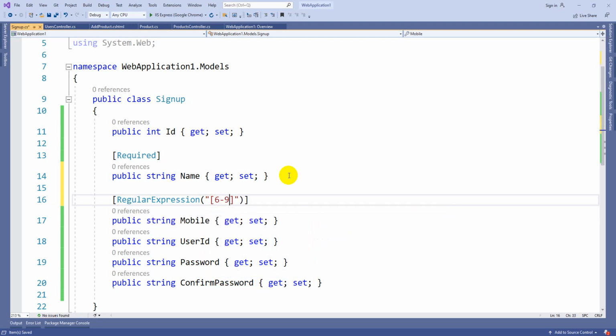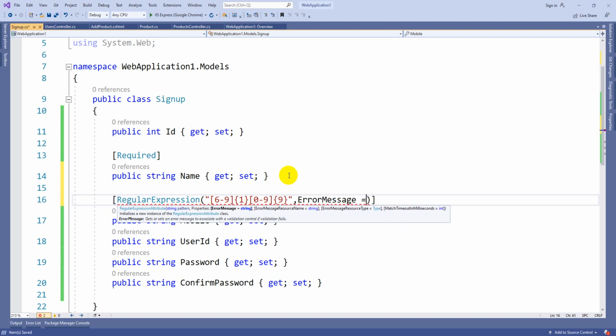The first digit should be from 6 to 9, 1 character, then from 0 to 9, 9 characters. After that you can write the error message, invalid mobile number.